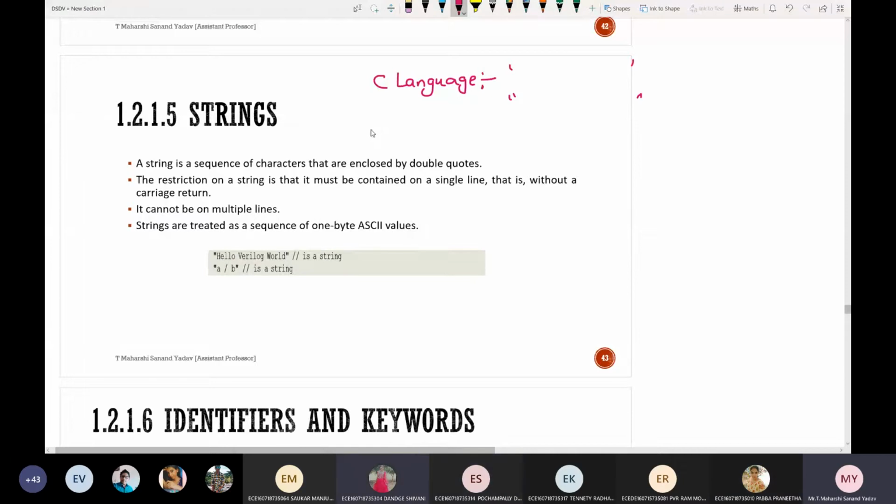Single quote means it will be considered a character, whereas double quotes mean a string. I've taken an example, hello Verilog world. This language is almost equivalent to C language, so you can learn it easily, but you need some concepts of digital electronics so that you can write the code easily. Done with strings.